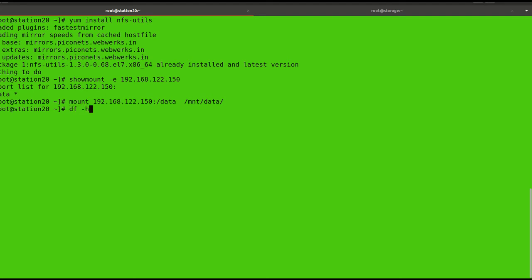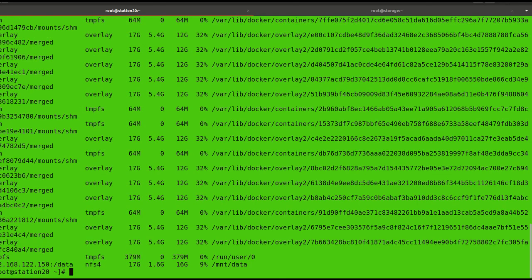Now if you run df -h /mnt, you can see from the remote system I shared one directory /data that is mounted on /mnt/data, and the size is 17 GB.